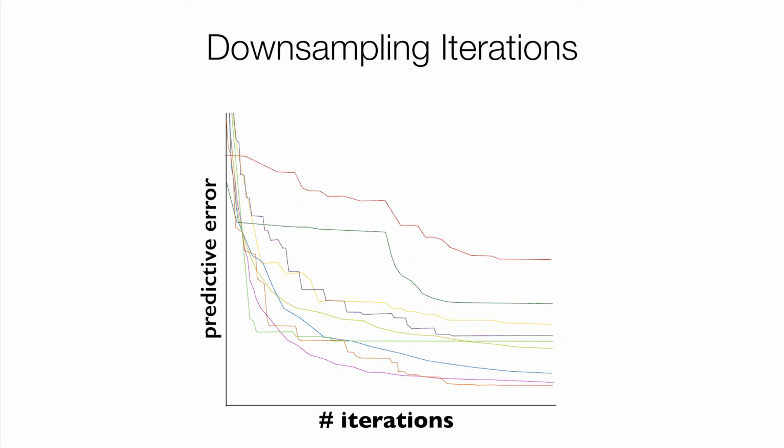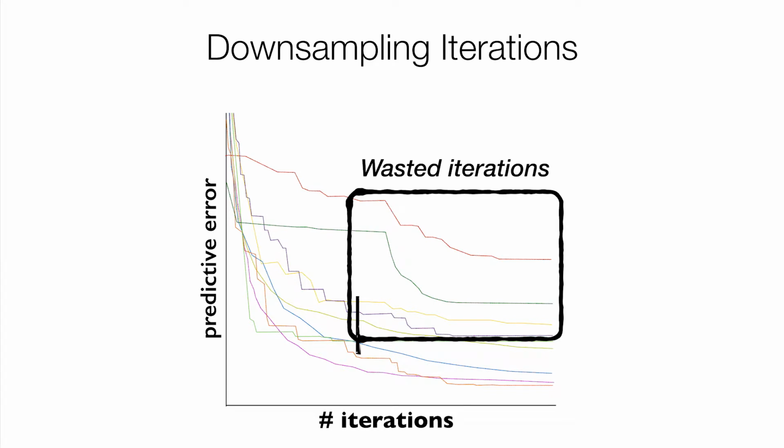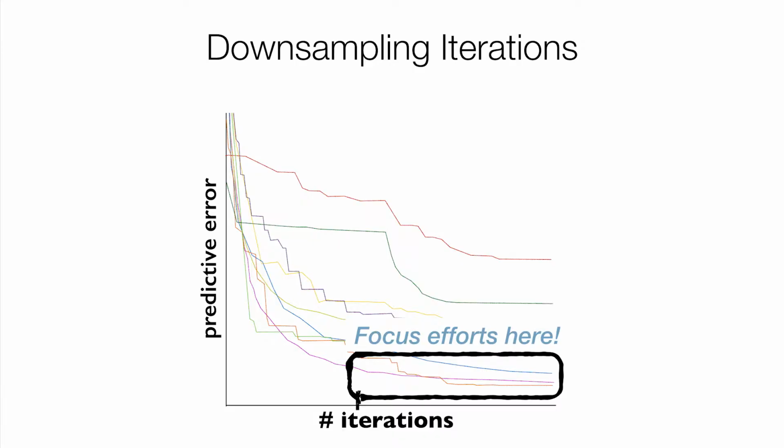But the intuition here is that if at the end of the day what we care about is finding the one best model, we don't really care what these guys actually converge to. As soon as we know that they're not going to be contenders and that we can rule them out, it's a waste to continue to train them to whatever suboptimal point they're going to converge to, because they're going to be something that we don't want anyway. Instead, of the configurations that we're looking at, we want to focus our efforts on the ones that all seem to possibly be contenders, to find out which is really the best. So it's sort of like a tournament in basketball. In the NCAA, you start with 64 teams, or I guess 68 or whatever it is now. You start with a bunch of teams, and you want the best teams to compete at the end, and you throw out the other ones earlier. Similar sort of idea here. It's kind of like a tournament.